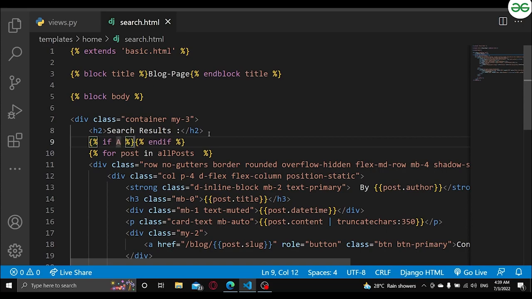And we'll use here if allposts length should be greater than 1. Okay, then only our loop should work, otherwise our loop should not work. So what we will do here is we will open this particular condition,